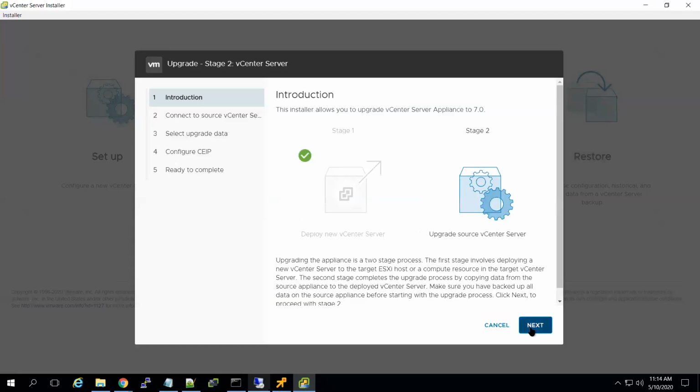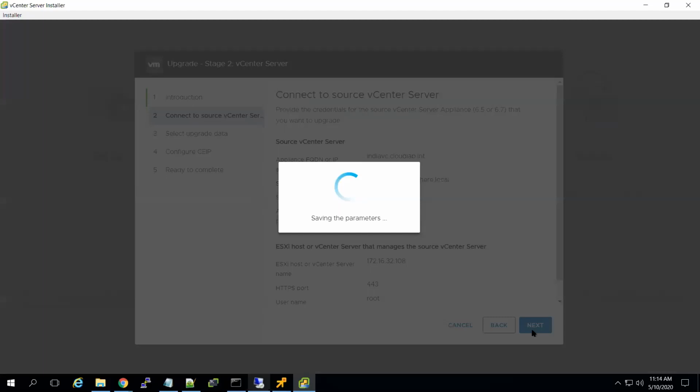Click on next. So it's running pre-upgrade checks. If all good, then it will pass the pre-upgrade checks and we can continue for the upgrade.